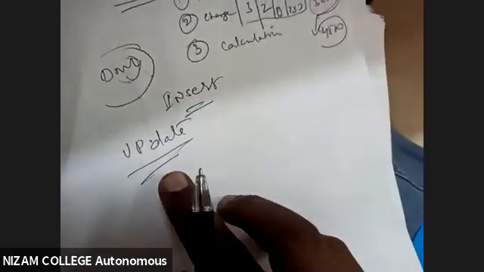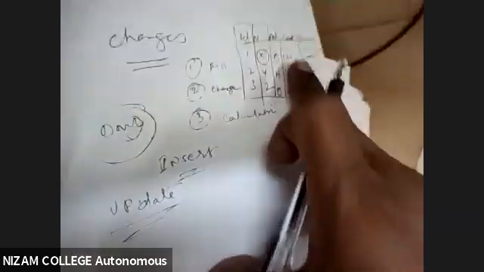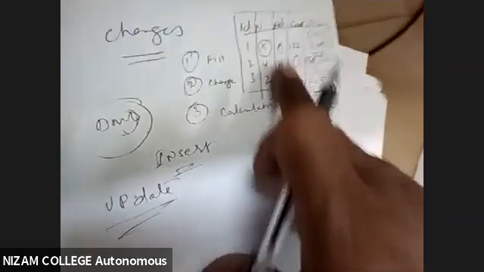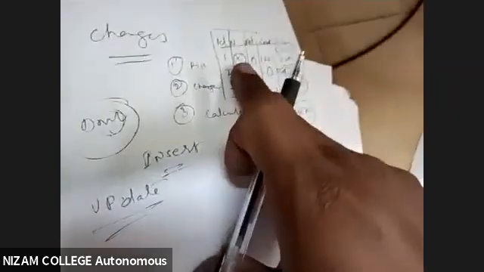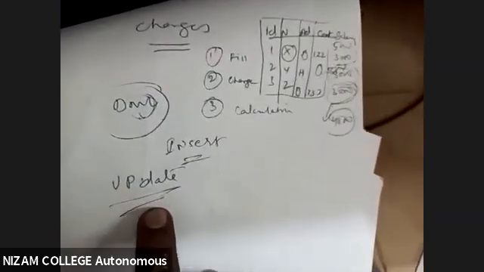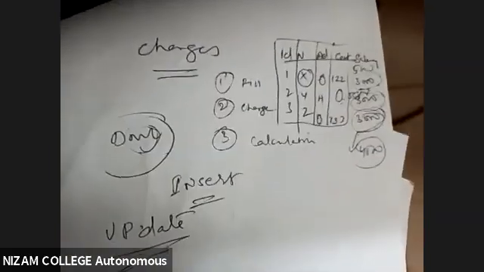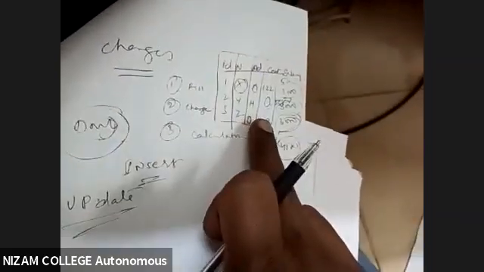So what is the command? Update. With the help of the update command, I'll manipulate my existing old data into new data. So I want to do some changes to the existing data. This is how I'll be doing it. Update is a command which is going to make changes to the table. The definition of update: it's a DML command, that is data manipulation language, which helps to change the existing data. The old data is there, and I want to do some changes. That is what update does.